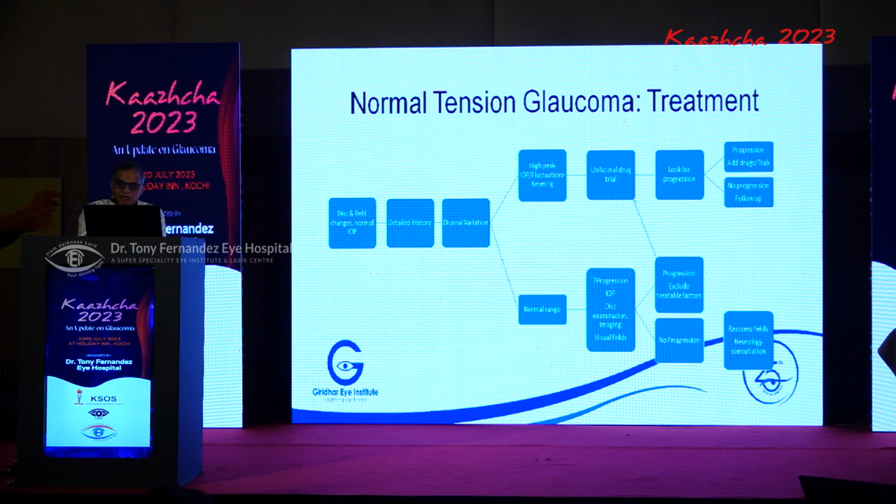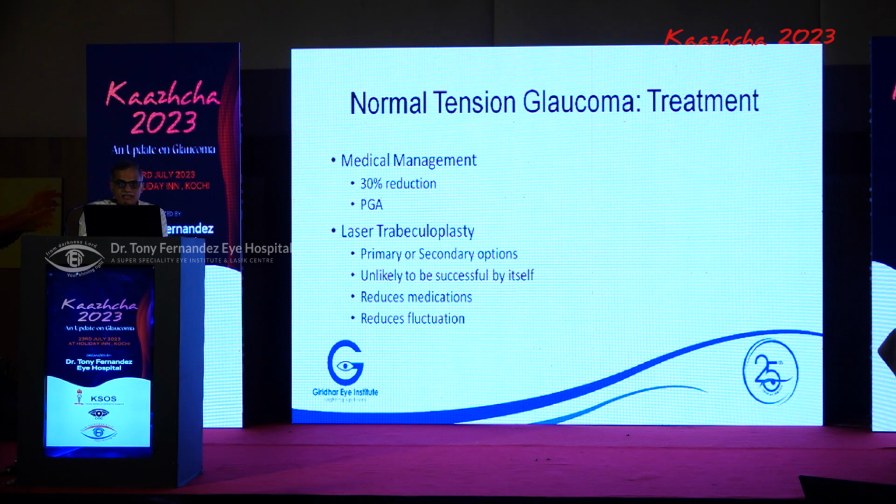If the diurnal variation is normal and you don't feel that it is going to progress, you can again follow up using the usual parameters. If there is progression, you have to exclude other treatable factors, maybe migraine, uncontrolled hypertension, a hypotensive patient, or a nighttime BP drug that is being used. And again, you can go back to the unilateral drug trial. If there is no progression at all, then you can always reassess, check fields, and some patients you might need a neurology consultation. Coming to the treatment per se, you can aim for a 30% reduction,